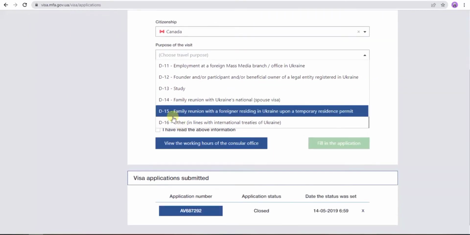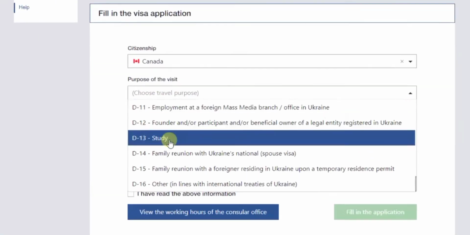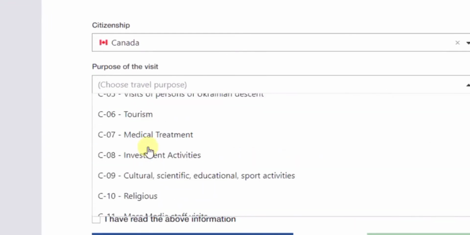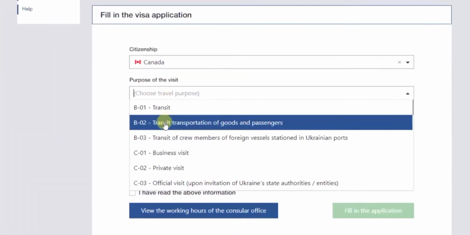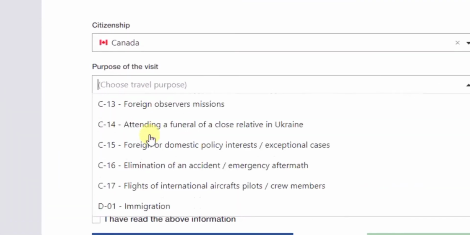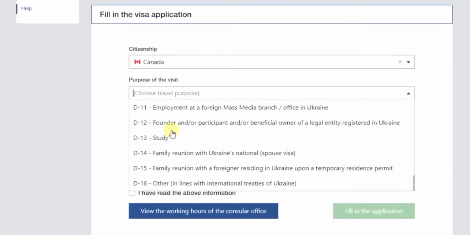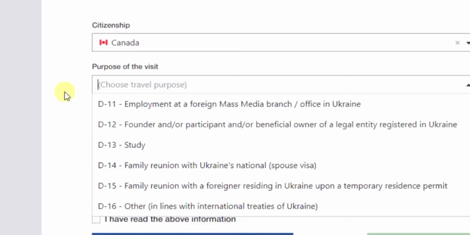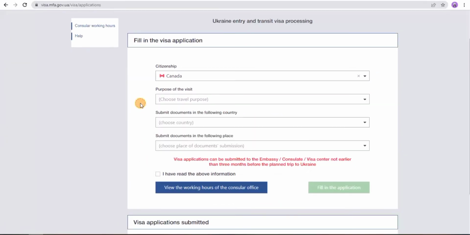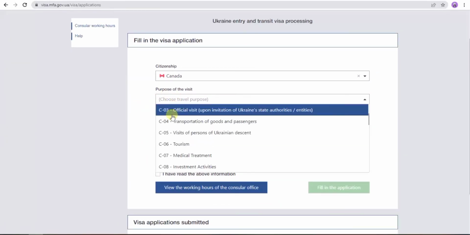So these are the types. D type and C types, they will mainly focus on here. B type, only the 3 types. C types, there are many, and D type. So a total of 3 types of visas can be applied for on the online application website. Here you see all these types. So after you choose any of the visas,